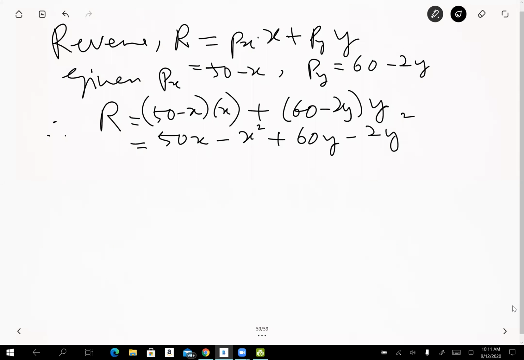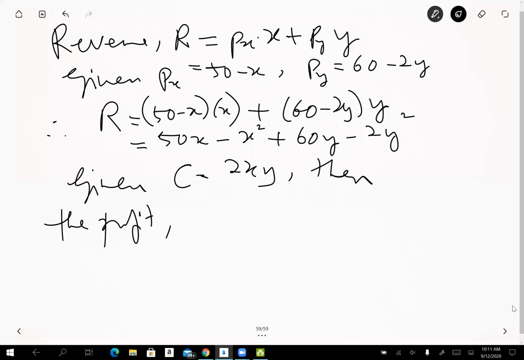And then given the cost, okay, given C equal to 2XY, then the profit P will be just equal to what? Since you already have the profit function, P is R minus C, and R is what you have here. C is given there. So just substitute everything. So you have R minus C, so R minus C, that would be equal to, okay, now